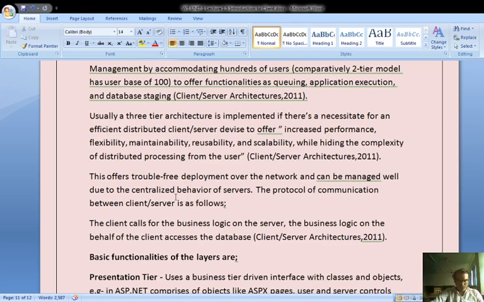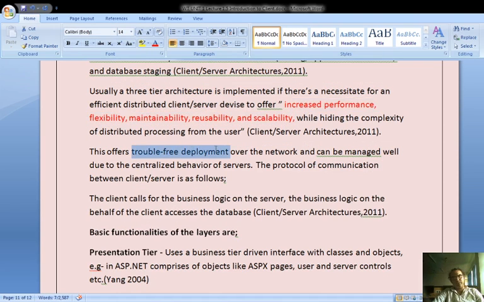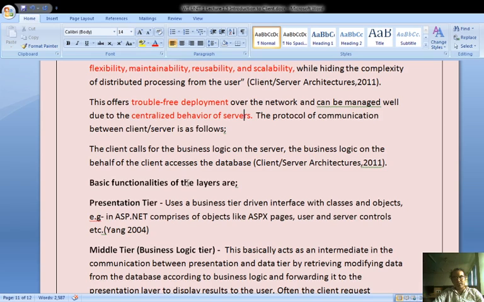So we use a distributed system, and then we try to increase the performance, flexibility, reusability, and scalability of the product, by hiding the complexity from the user. This offers trouble-free deployment, and the network can be managed well due to the centralized behavior of the servers. The protocol of communication between the clients and server is as follows. The clients call for the business logic on the server. The business logic, on behalf of the client, accesses the database.